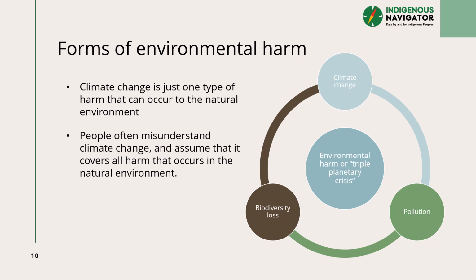Issues of pollution and biodiversity loss can be caused or exacerbated by climate change, but are not necessarily directly linked or related to climate change. There are therefore instances of severe environmental harm that may be naturally occurring or caused by humans, but are not impacts of climate change. While environmental issues like pollution and biodiversity loss are important, this survey module only collects data on issues directly related to climate change and not on all forms of environmental harm.